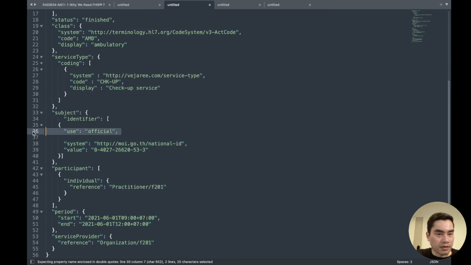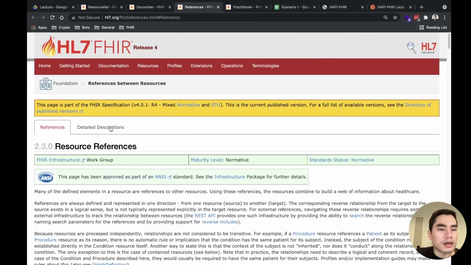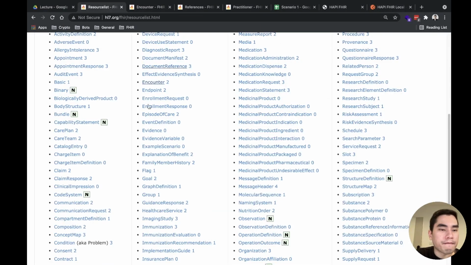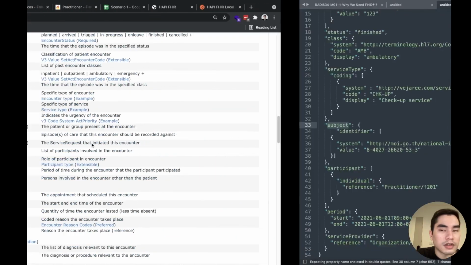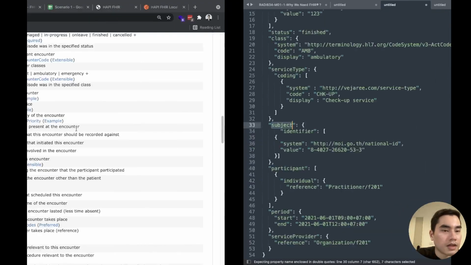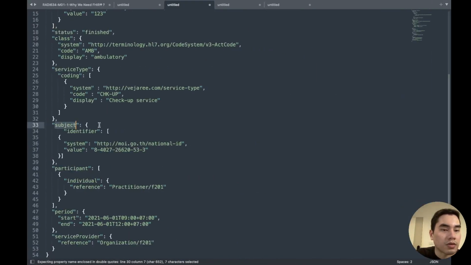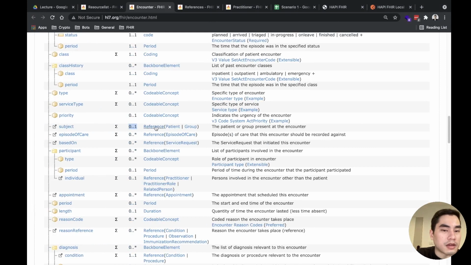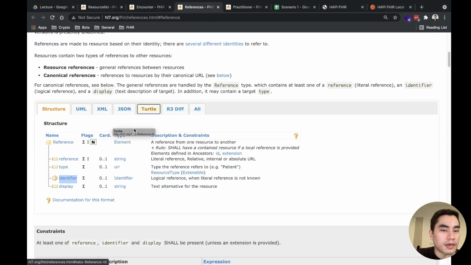I think system and value is enough to identify the thing in logical reference. No, it's not. I feel it's not correct. Okay, the subject here in the encounter is only one, so only one object in the reference data type.